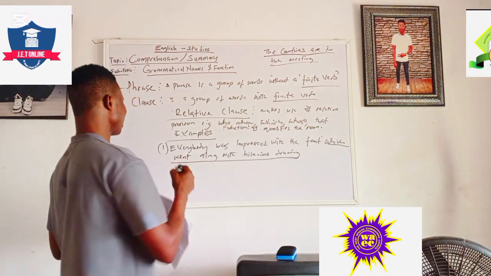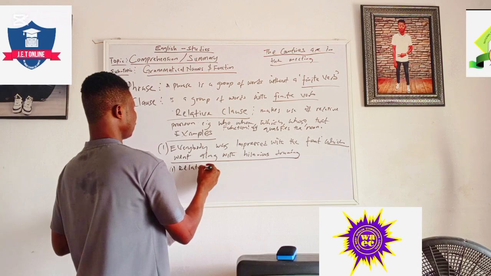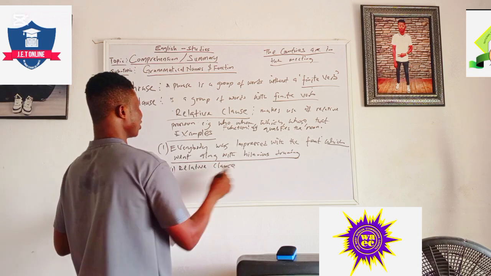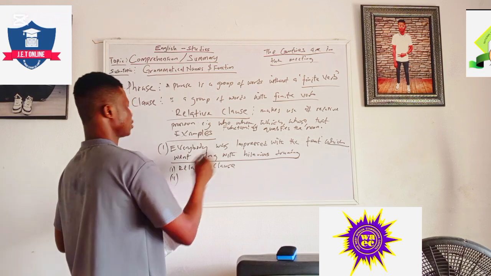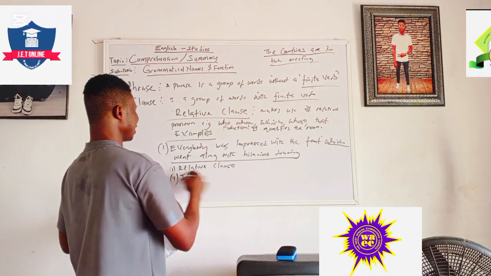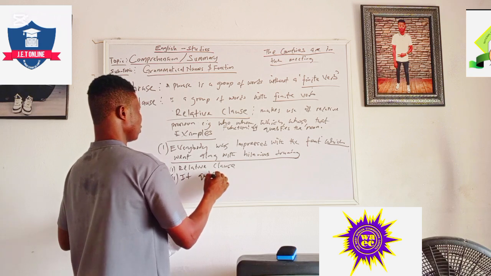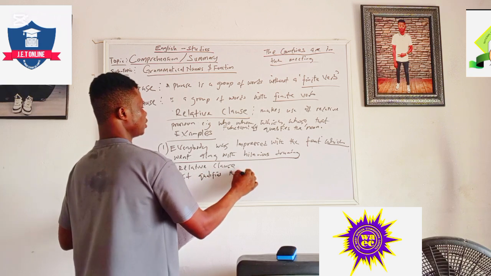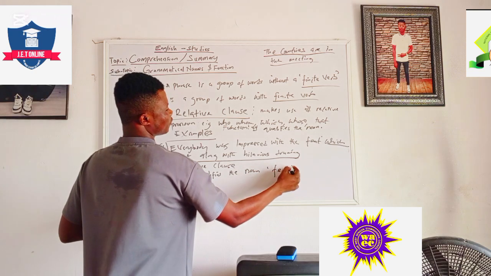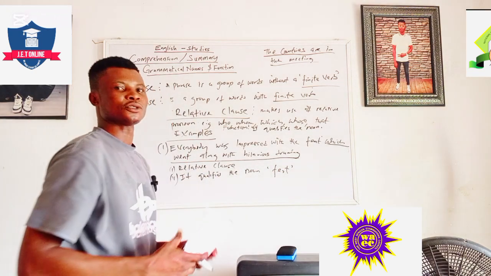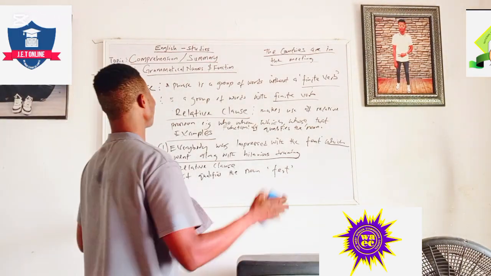So if you want to report this now, Roman figure 1, it is a relative clause. Don't forget, why is it a clause? There's a use of the finite verb went. Then 2, it qualifies. That's the function. It qualifies the what? The noun. What's the noun it is qualifying? Feats. So that is that about relative clause.